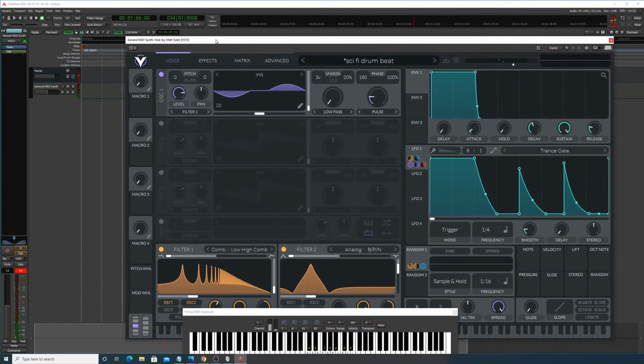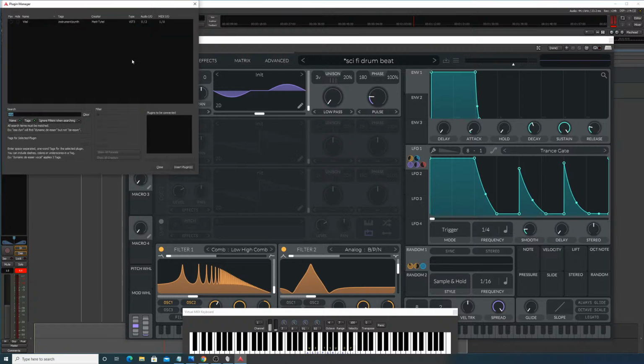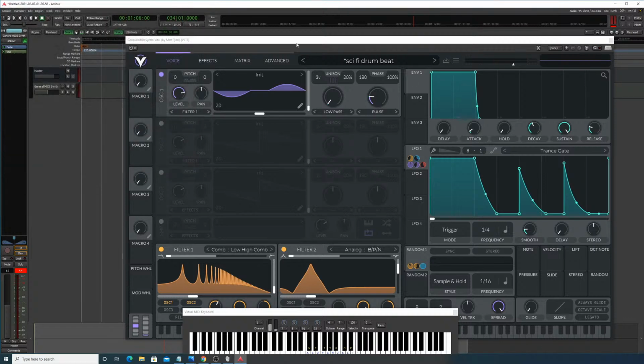Alright, and don't forget, after Vital, you could just add in effects after this. So effects in Ardour are read from top down. So if you add in some more effects after Vital here, they will be read sequentially, and you could get really advanced sound effects outside the plugin. So we're gonna add in